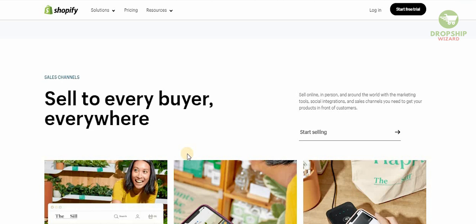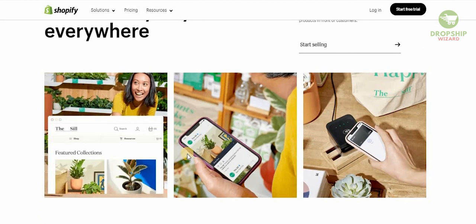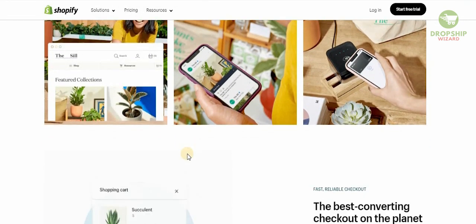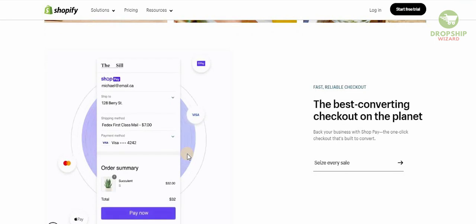You can sell to every buyer everywhere across the globe. And the beauty of it, guys, is because we live in the global world right now, in a digital age, in the internet era, we can clearly see that today is the time and period where we can reach everyone from South Africa to Argentina, to Russia, to China, to America or Australia or New Zealand or Canada. And we can sell to anyone and everyone in between as well. And that is why I always say, guys, Shopify.com is the place to be.